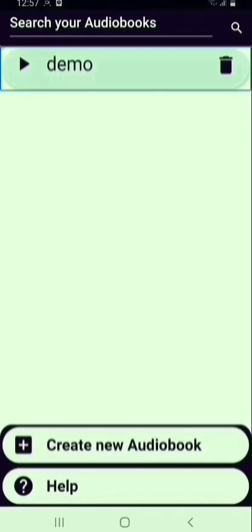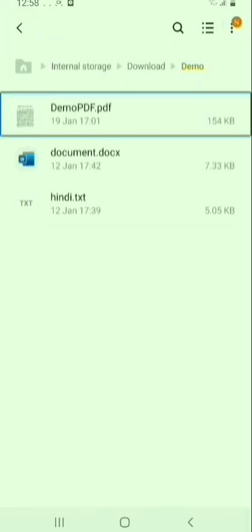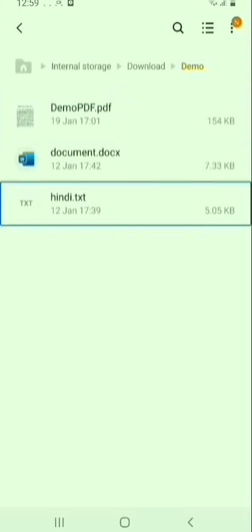So I'm going to exit from here and open the file manager. Now I am in the file manager. Here I have opened a demo folder. If I click on a particular file name, for example, there is a list of 3 items, a PDF, and a .txt, so there is this text file. If I double tap on that,